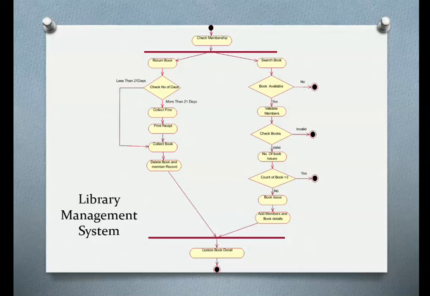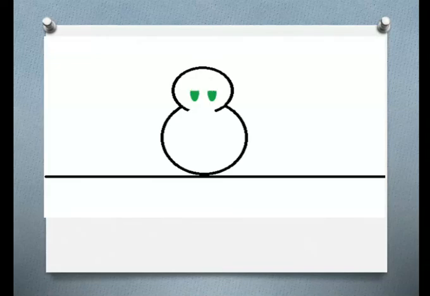So there are multiple final activities, and to represent them we have used multiple final nodes. After that, a join is used to join the entire activity. Lastly, we update the book details or record, and we end up with the library management system. So this is how we draw a library management system.